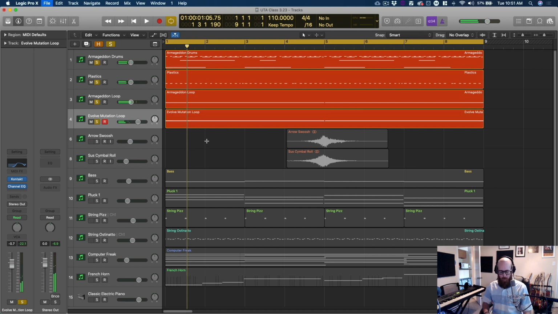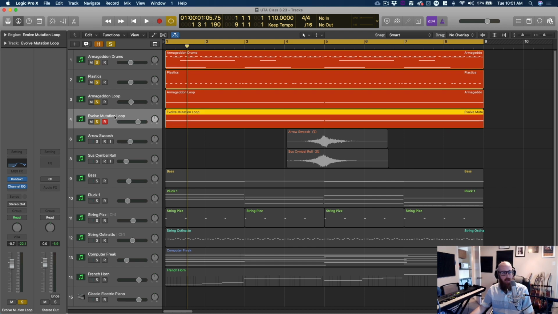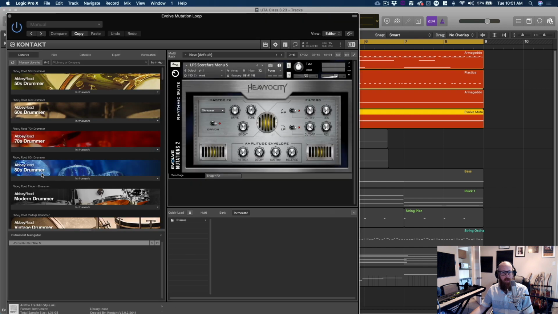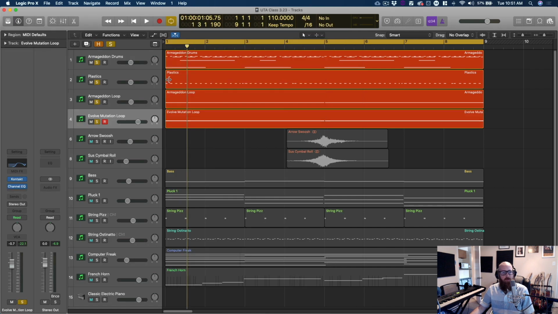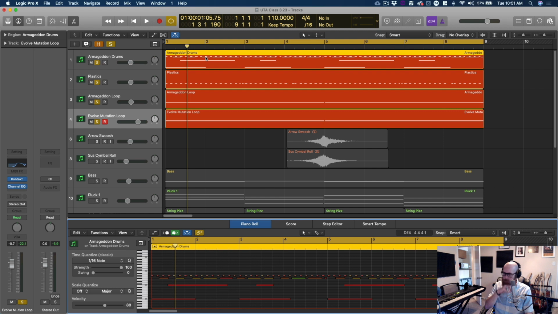So it's not super audible, but it's definitely adding a little bit of high frequency drum loop, which I like. This actually I used another Heavyocity plugin. Got some cool stuff in here. As far as editing on the drums is concerned,